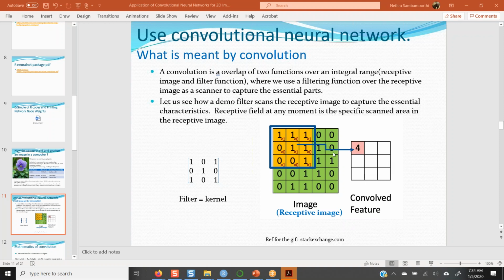But it tells me I have reduced this 5 by 5 image to a smaller size to tell me which part has the maximum intensity. Do you agree with me? Which part of the 5 by 5 has maximum intensity? I can figure that out based on this one. Everybody is good. So cats will have only certain parts with high intensity compared to dogs. And you combine that with thousands and thousands of pictures, and then use that into a final